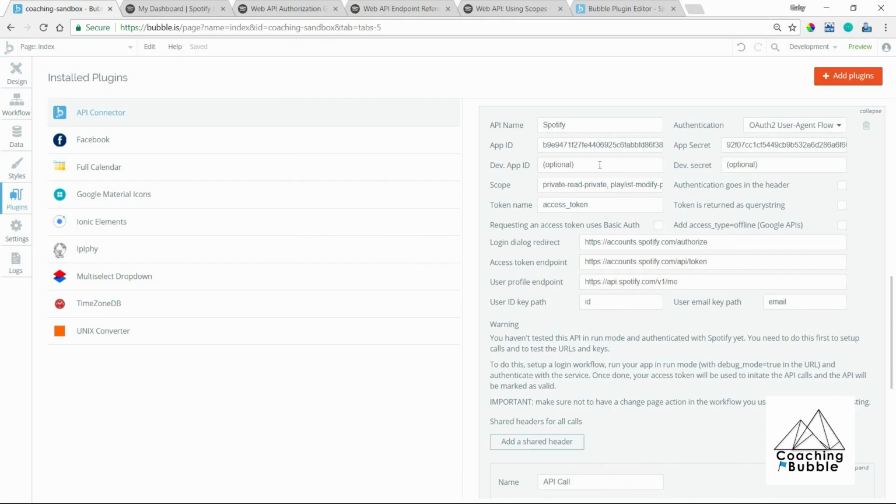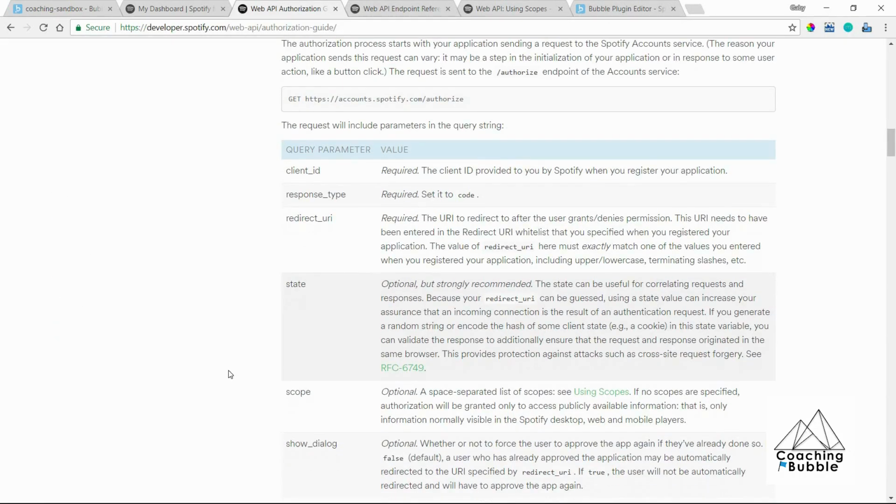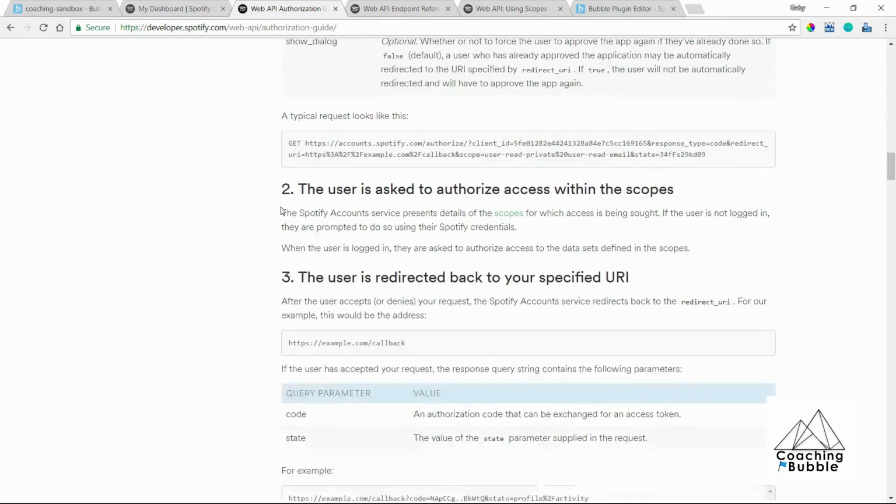Bubble's actually doing a lot of the heavy lifting, and that's why you have all of these other fields as part of this form. You just insert the information and Bubble will format everything properly in the way that Spotify needs it, and in general in the way that platforms need it for OAuth 2 methods. All right, so now step 2, the user is going to be asked to authorize access within the